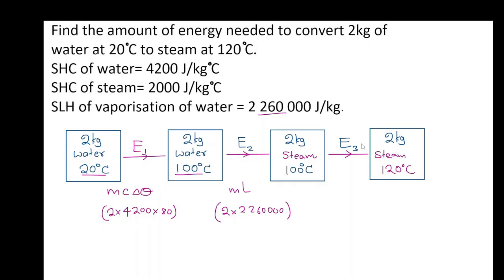Then, finally, it's again mc delta theta because the temperature change is specific heat capacity. So that will be 2 times the specific heat capacity of steam, which is 2000. So let's put 2000 multiplied by the change in temperature, which is 120 take away 100. That's just 20. So all we need to do is just put this whole thing in the calculator. So the final answer is